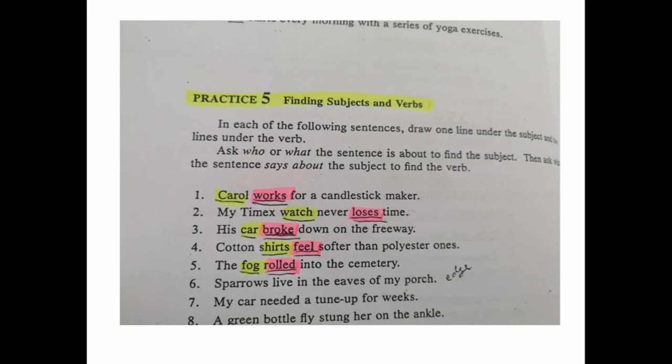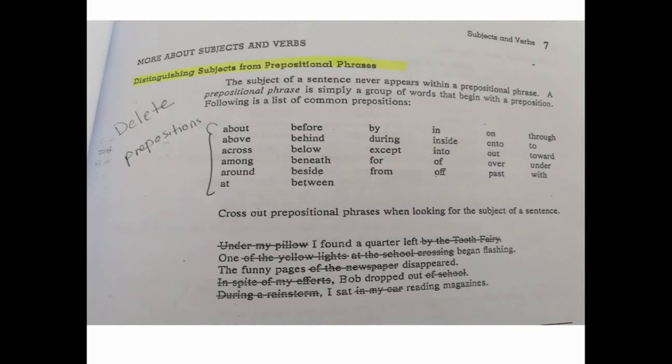The fog rolled into the cemetery. Now, what rolled into the cemetery? The fog. What does the sentence tell me about the fog? It what? It rolled. Therefore, rolled is the verb. You finish the rest of the exercises. Now, we're going to move to